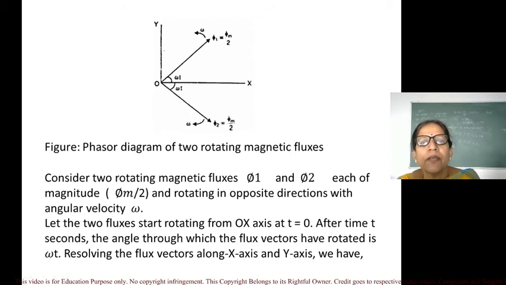So what will it affect? The first thing we see is that the y component of the two fluxes will be opposite to each other. If we split this flux, suppose phi 1, into two components, one along x-axis and one along y-axis, we see that these two components are positive. But if we see flux phi 2 and split this flux again along x-axis and y-axis, x component will be positive but the y component will be negative.